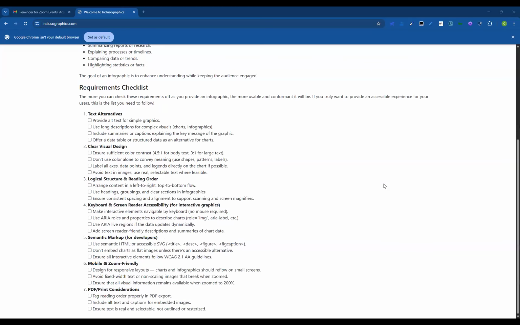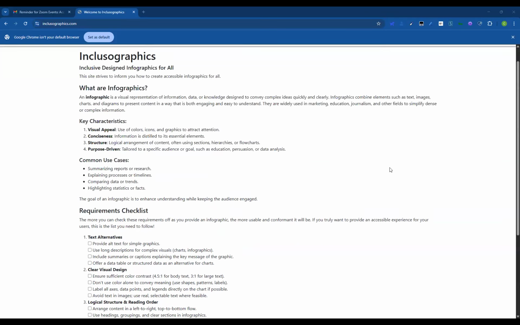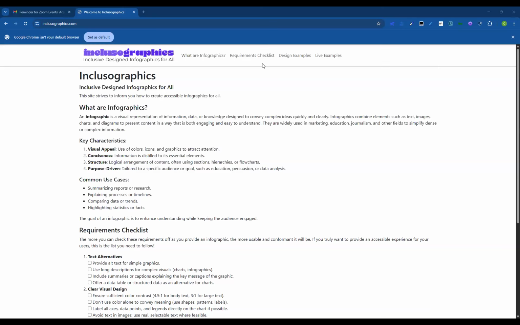Okay, but here's the text version of that checklist, right? If you want that checklist for yourself, go in here and do that. We may put that in a different version for you, a PDF version that's accessible or something, but didn't get that done for today. Let's go look at, so that's all on the home page.